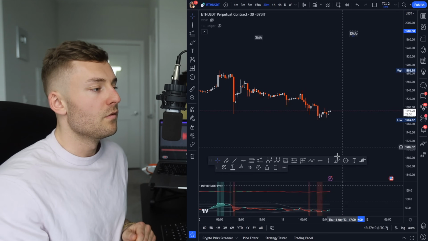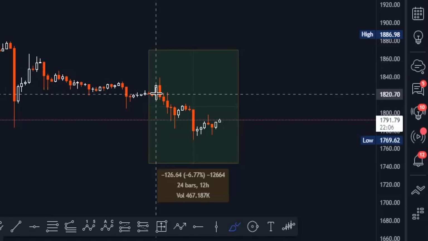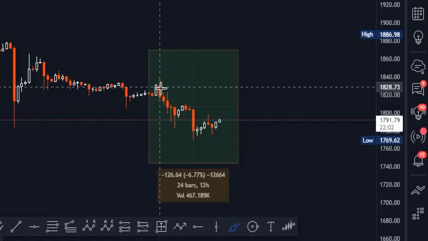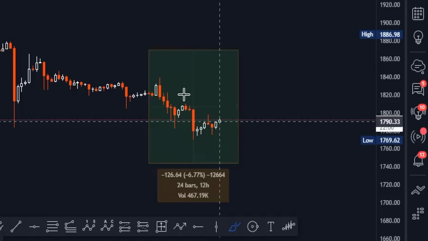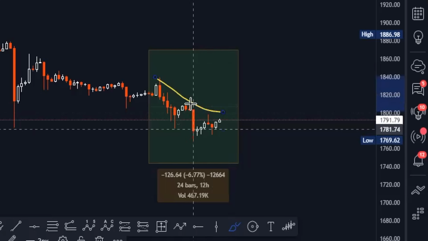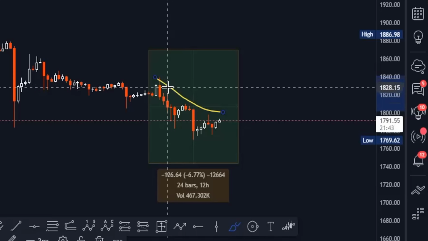So with a simple moving average, say we're taking the candles in here, what it's going to do is take an average of all of these prices, distribute the average over all of these candles, and plot a line of movement that is going to follow the trend. And depending on the period of the moving average, it's going to show you how many calculations are being